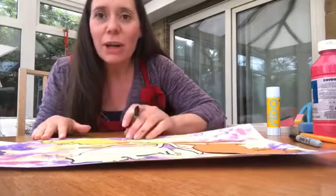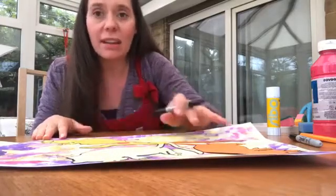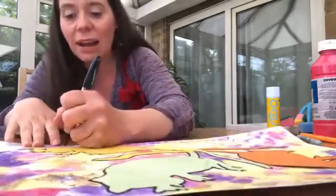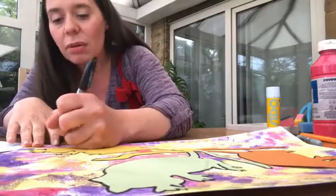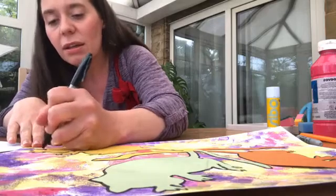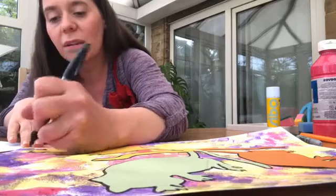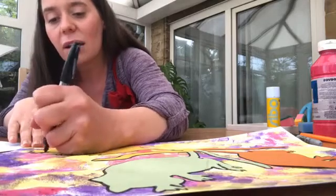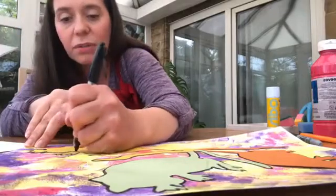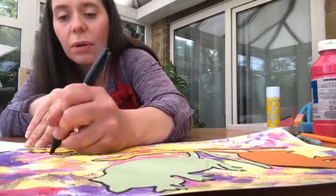So what I'm going to do on the rats is I'm going to go round and I'm going to make one side of them in shadow. And how I'm going to do that is I'm just going to make the black line thicker. So I'm going to do it on this one here. I will hold it up in a minute for you to see. And I'm going to go round and round, just making the black line thicker. Time check. We're doing all right for time. Good. So we're going to go...